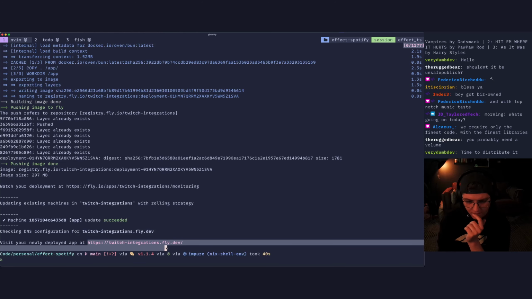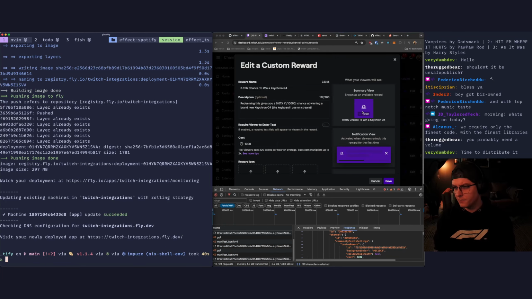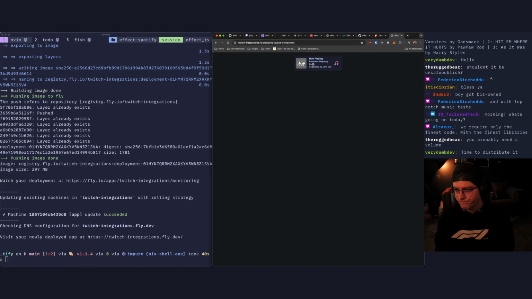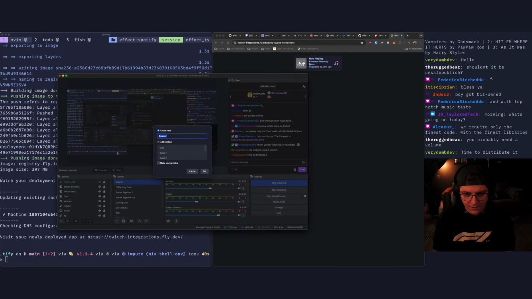Great. Okay, so if that worked, we added 2 features here, which is crazy that we did that so quickly. First one is that we should be able to see song queue component, right? The idea with this is we should be able to come in here and then add browser.